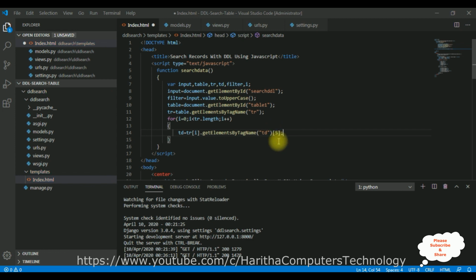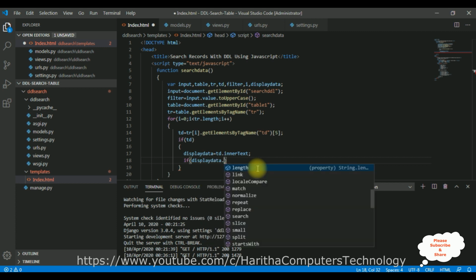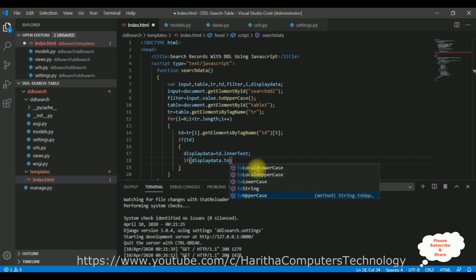Semicolon, then if condition, if td, the if condition, we need to display the records. So let's add another variable, displayData. Add this variable here, displayData is equals to td dot innerText property, semicolon. Let's display those records. If displayData dot toUpperCase method dot indexOf method,